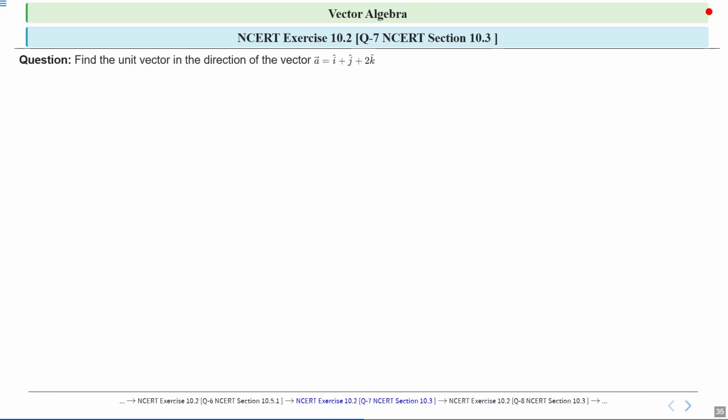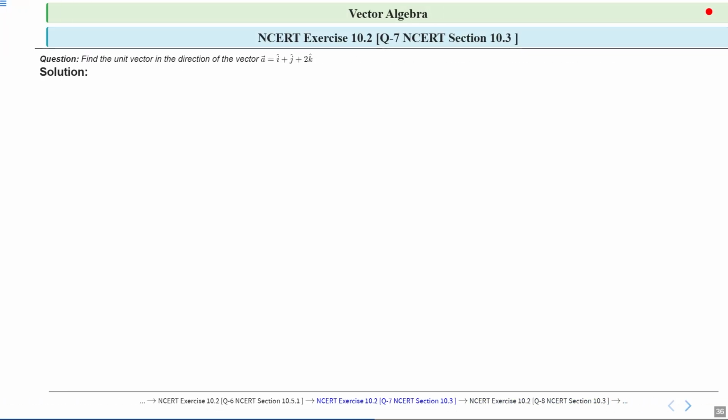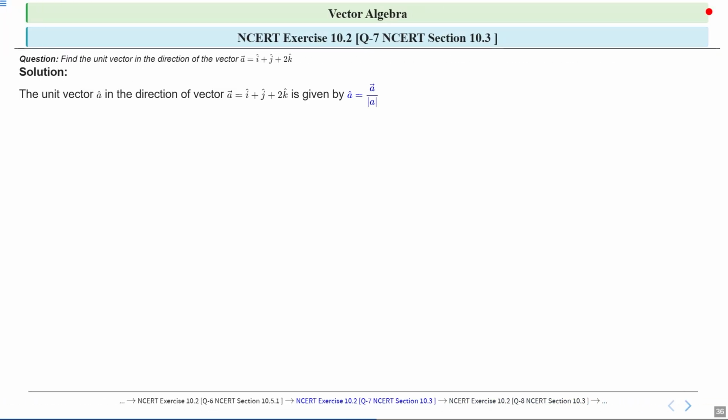Next, NCERT exercise 10.2 question number 7, which says find the unit vector in the direction of the vector a vector equal to i cap plus j cap plus 2 k cap. Let's see how we can find the unit vector in the direction of this a vector. The unit vector in the direction of the vector a vector, which is i cap plus j cap plus 2 k cap, is given by a cap equal to a vector upon magnitude of a vector,